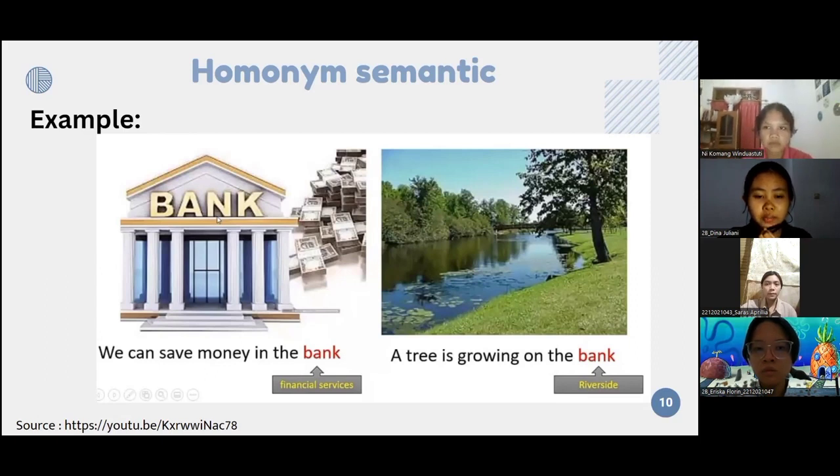So we can tell the meaning of the word from the context of the sentence. When you see the same word with the same spelling, name, and sound, you can know what it means from the context of the sentence. Next,